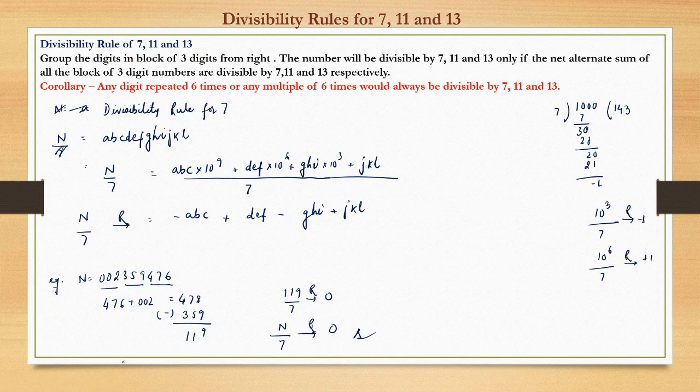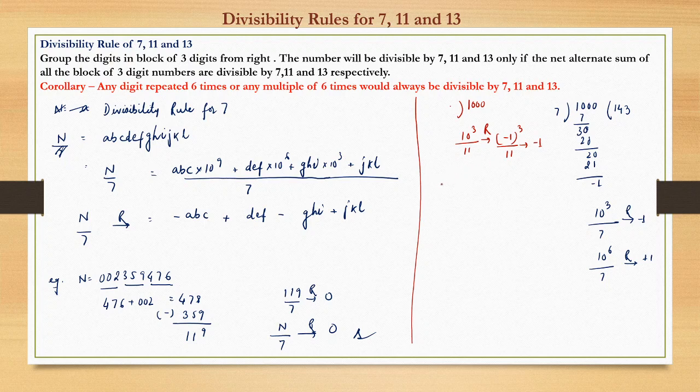Here I'll also show one more thing. If I divide 1000 by 11, I can write this as minus 1 raised to power 3 by 11, remainder, which will be nothing but minus 1. So 1000 divided by 11 also gives minus 1, same as 7. So for 11 also the similar rule would apply, and this we have already seen in the previous cases. In case of 11 we had seen that similarly